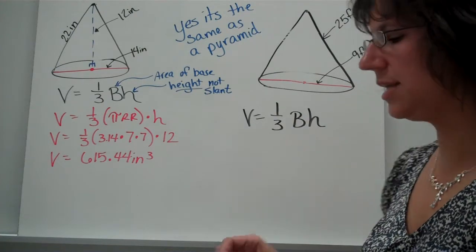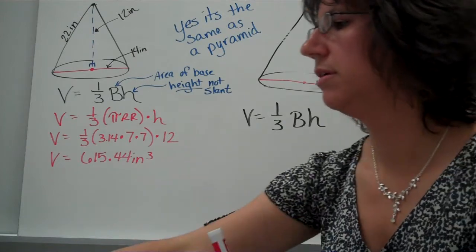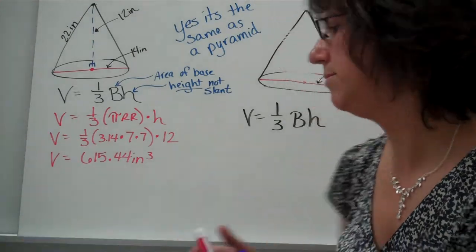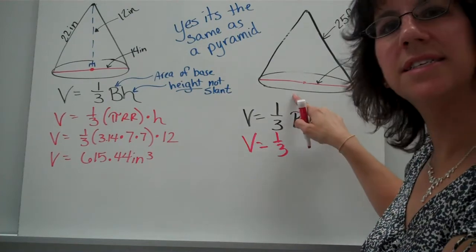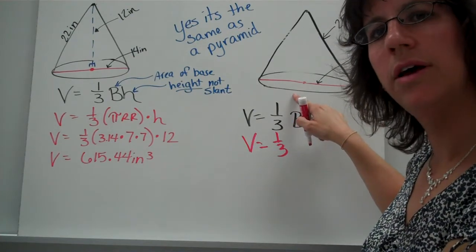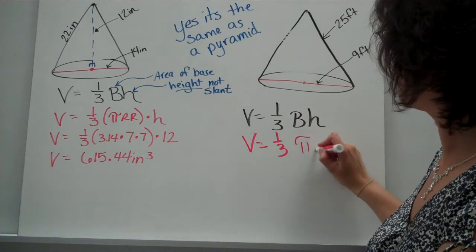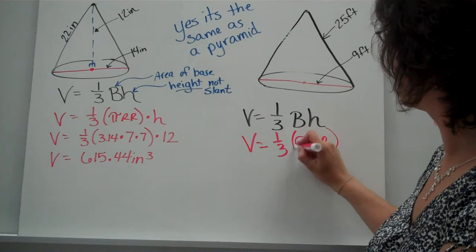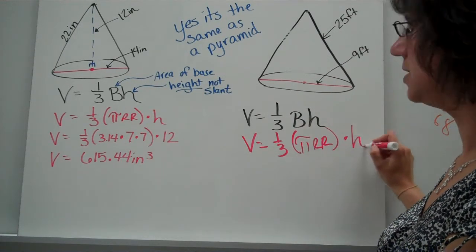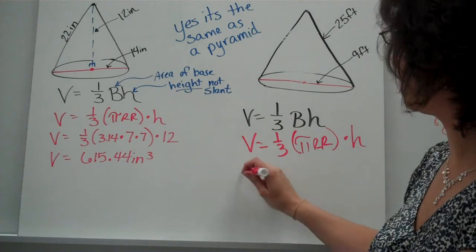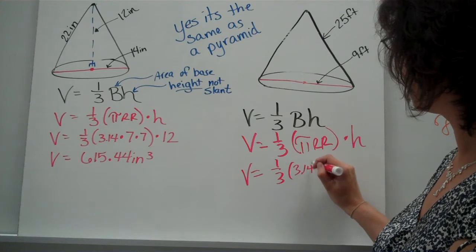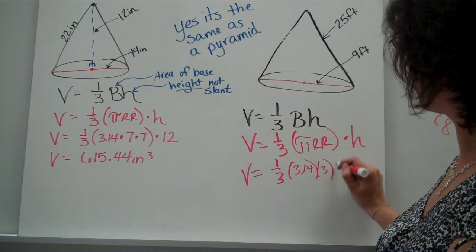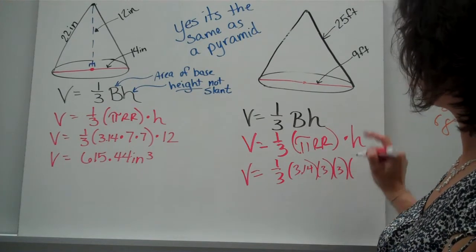Okay, great. Let's see how you did. You should have, the base is a circle. So what's the area of a circle? Pi times r squared. And then, of course, we have times the height. So now let's fill in all the numbers we know. We know the 3.14. The radius is 3, 3 again. And the height